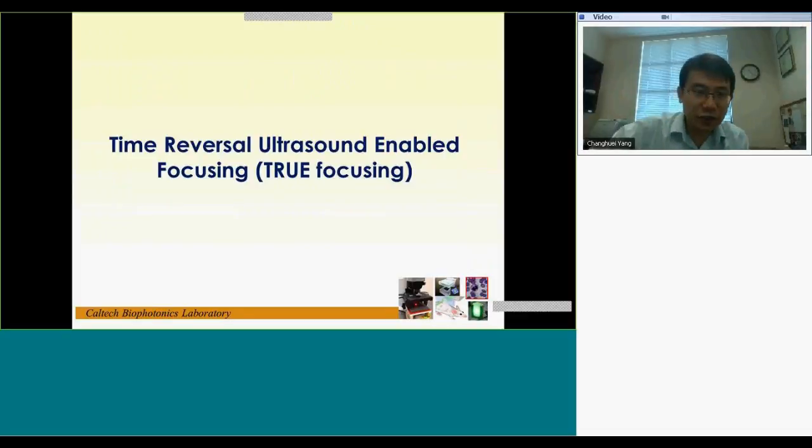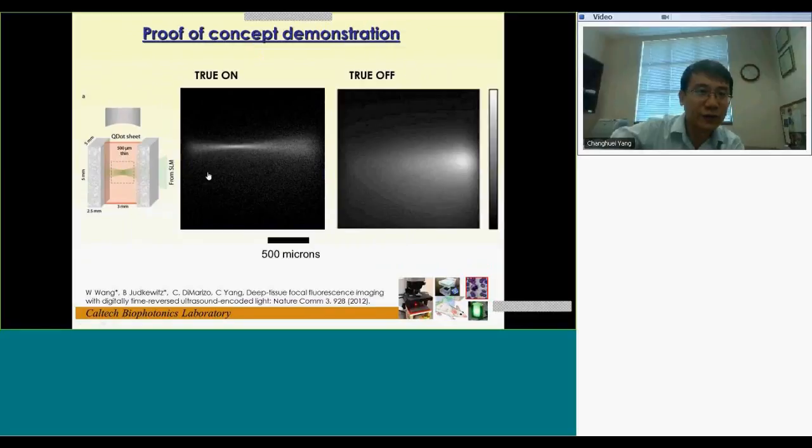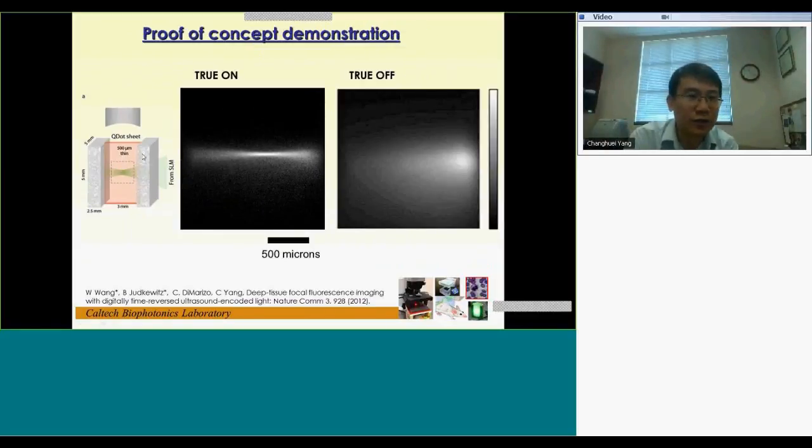All right. Just want to show you our initial experiments that were done a few years ago in terms of implementing that kind of true focusing approach. Okay, so this is an experiment that was done using that high efficiency digital optical phase conjugation apparatus, and we're able to show that we can indeed focus light through a thick piece of tissue quite effectively. Here's a phantom showing you the kind of focusing that we can achieve. So we have basically two pieces of scattering medium here, and right in the middle we have a piece of fluorescent light sheet,